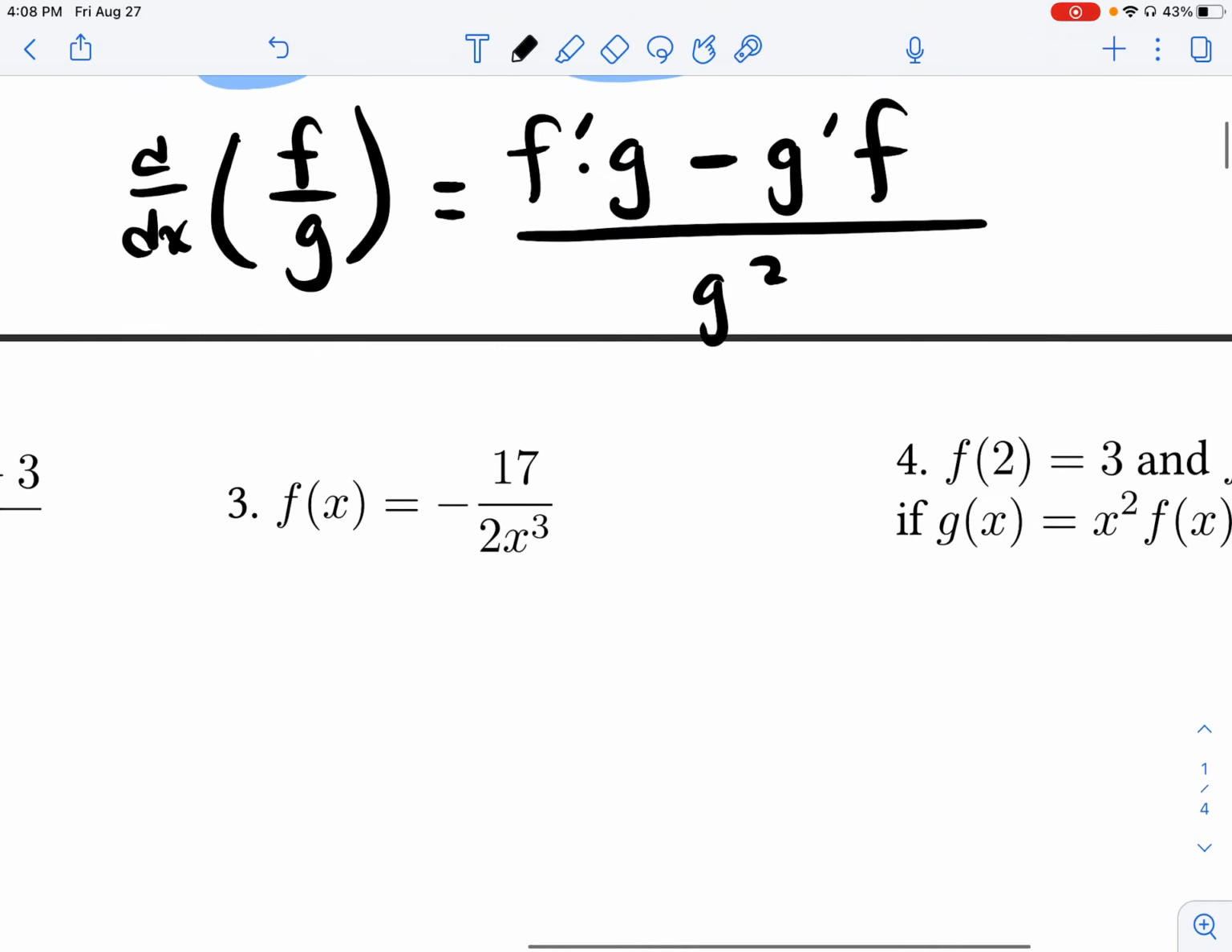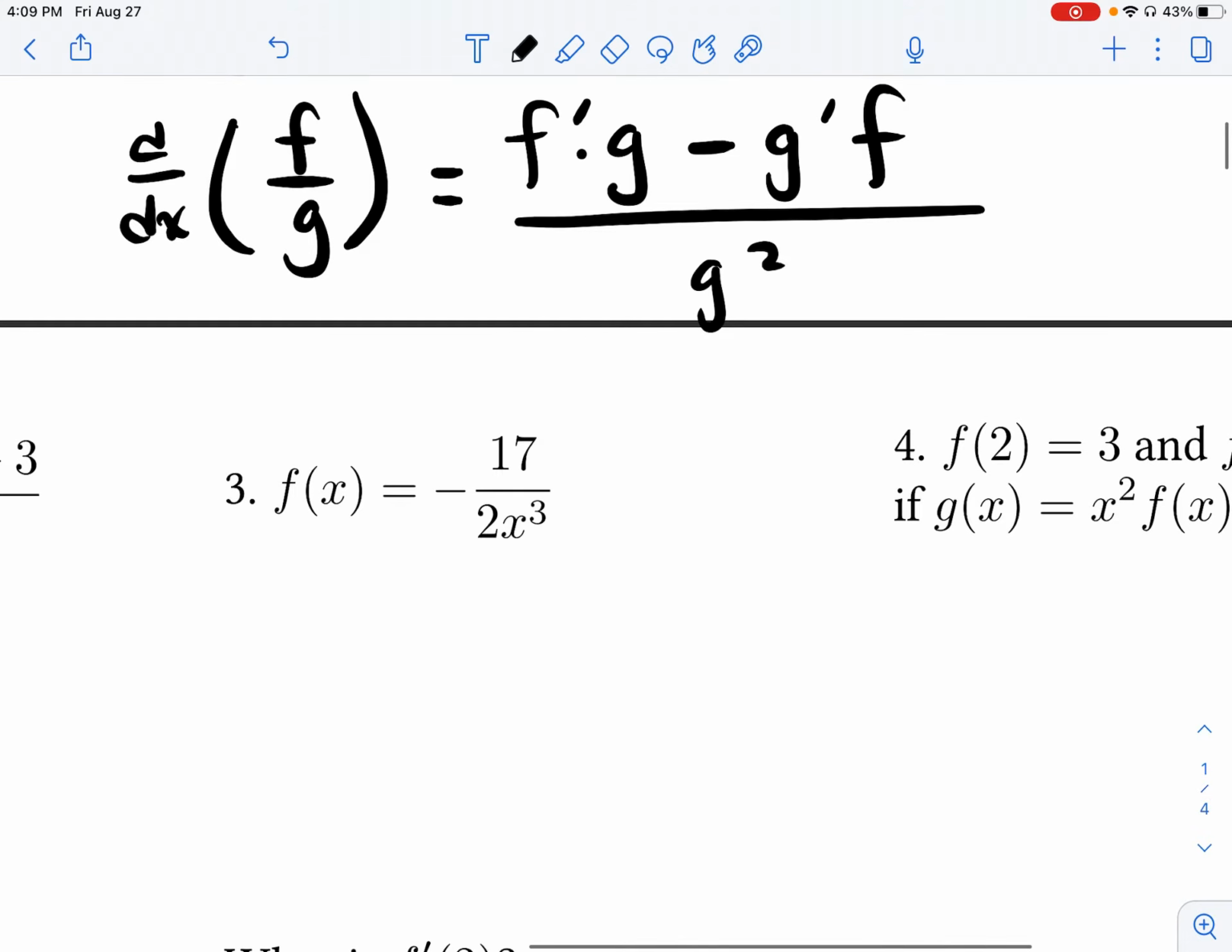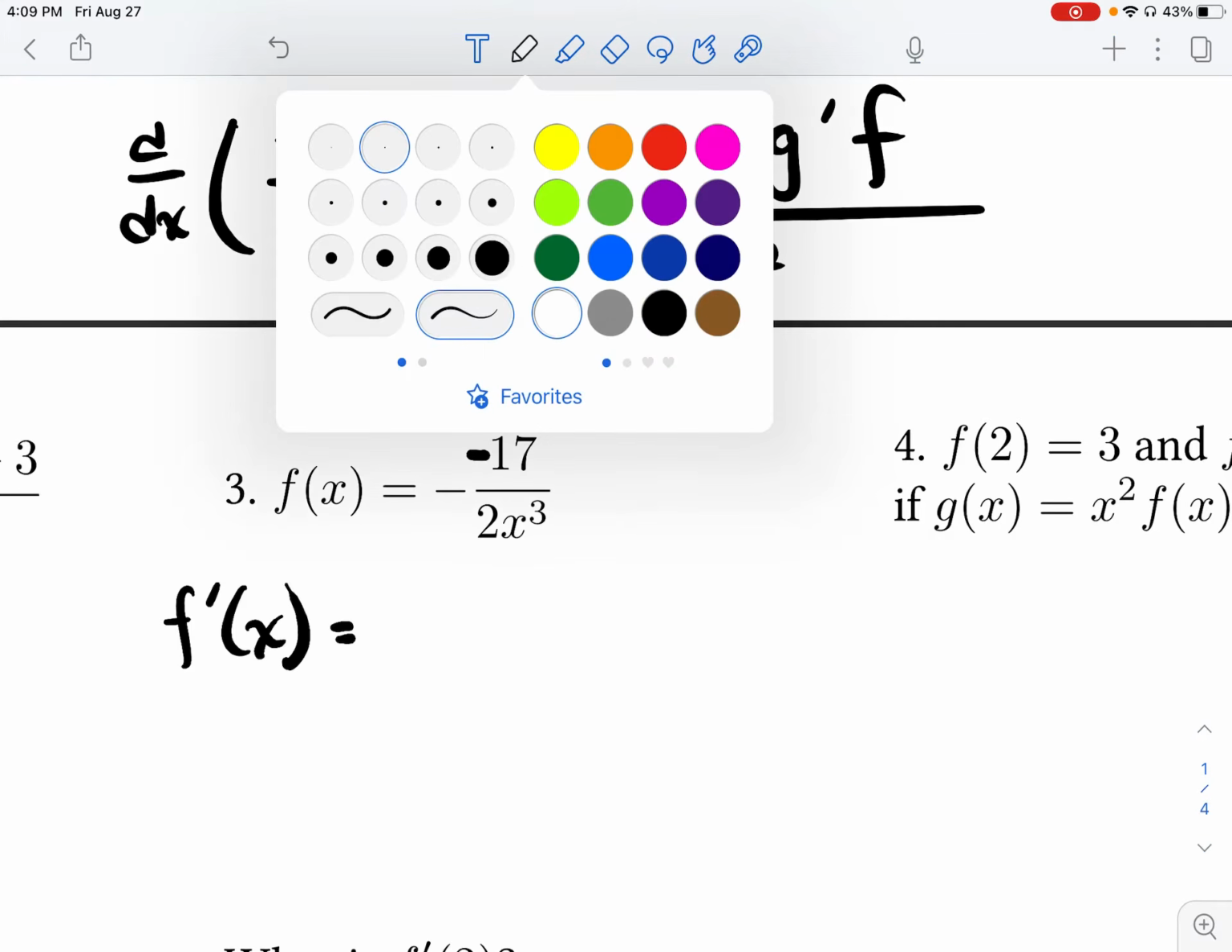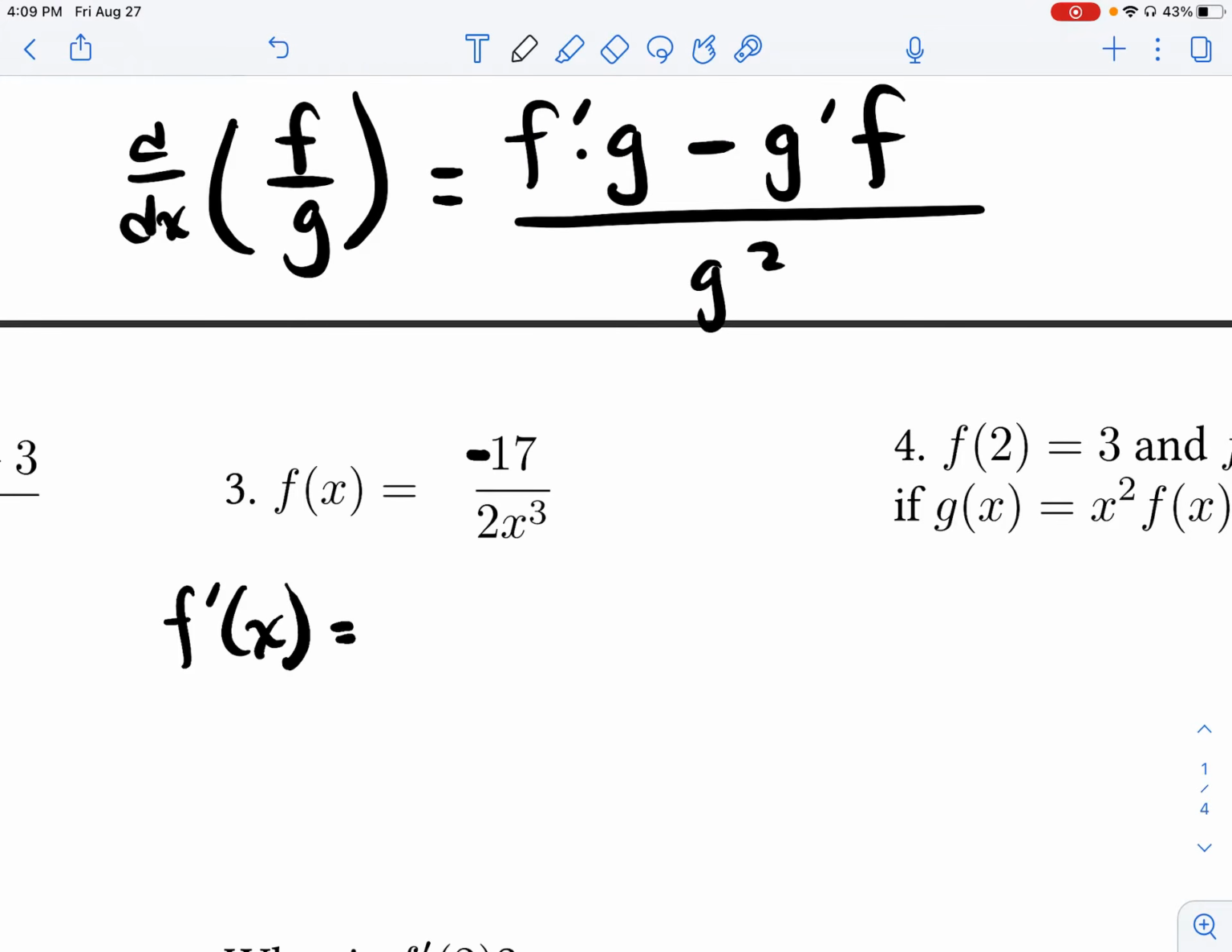So actually, let me zoom out a little bit so we can still keep that rule there. So we're going to find the derivative. We're going to say f prime of x can be written as such. Now, I'm going to go ahead and just move this. I'm going to take this negative and put it here in the numerator, just to make our life easier so we don't accidentally get mixed up and